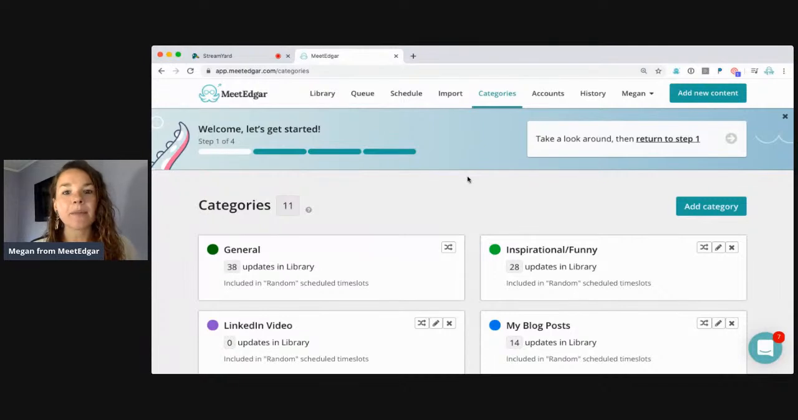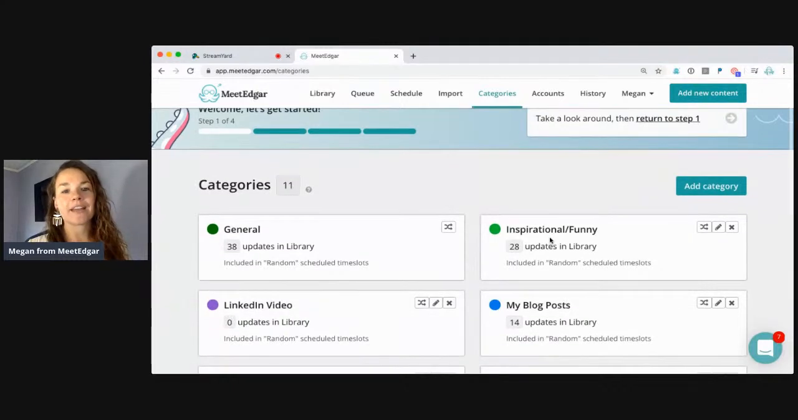Now, these will make a little bit more sense when we actually look at how we schedule these categories to go out to your social media. But just know that the core essence of why Edgar works so well to get an engaged community is because you're creating these different categories in order to get different posts that are exciting and full of variety out to your followers. As we're going through this, you can also see 3 separate ways of adding content into MeetEdgar based